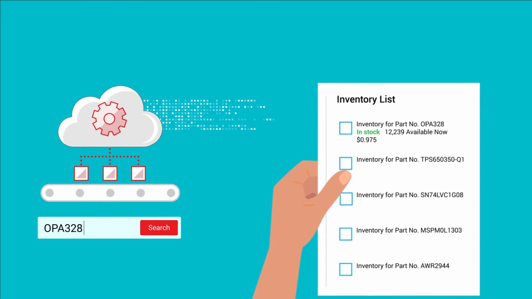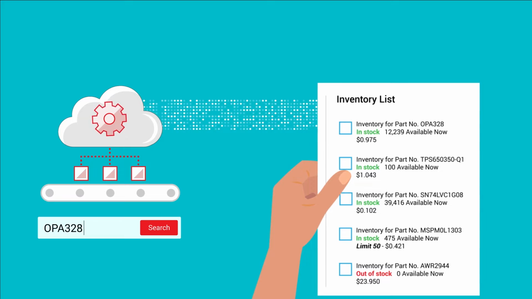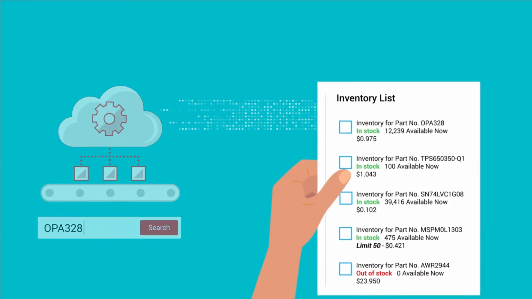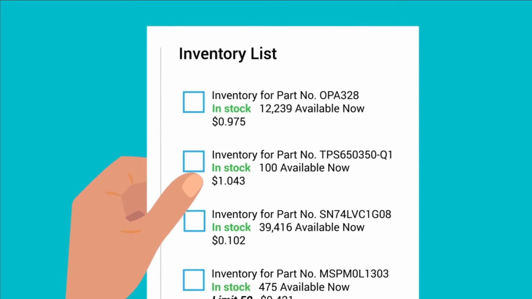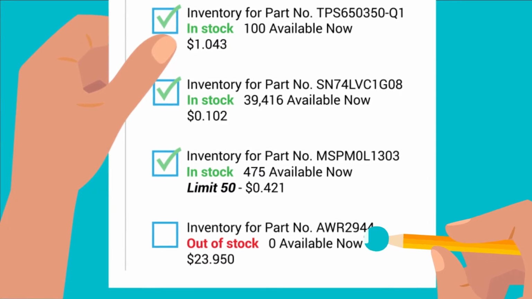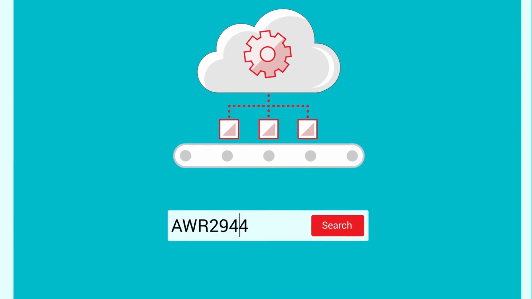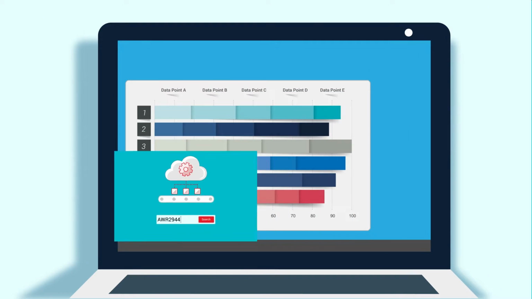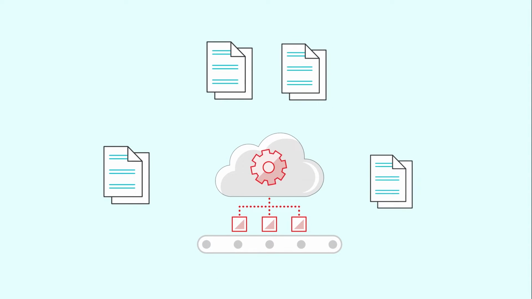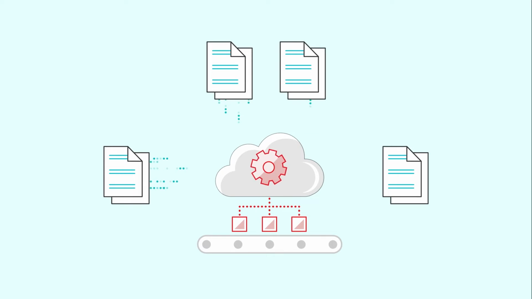Almost instantaneously, you'll receive our Texas Instruments quantity of inventory, limits on parts, and current prices. You've found exactly what you're looking for in no time. Is an item from your BOM out of stock? Enter the TI part number, quantity, and currency with our Inventory Subscription API, and TI will notify you when it's available for purchase. Now it's time to submit your purchase order with our Order API.